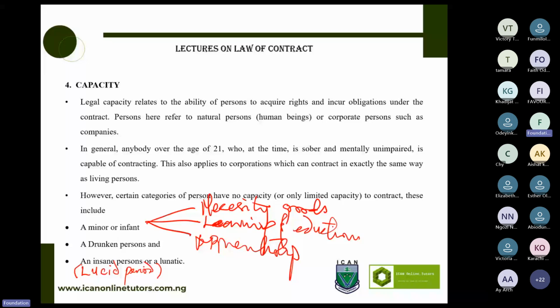So I agree with everyone that said the contract is not valid. I will pull out one question that speaks to this. I'm not sure of the year, but I gave it as a mock, I think 2 or 3 times ago. That question also helped me to come to a reasonable decision, because I remember 6 or 7 years ago when I lectured some students in Yabatech, the solution was tending towards it being valid because it's a lucid period.